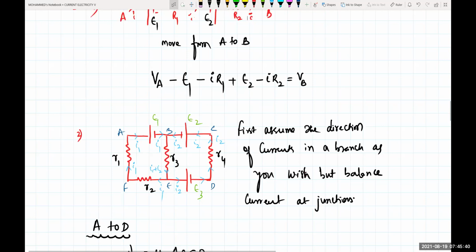When you're taking the direction, you can take the direction any way. After completely simplifying the problem, if the directions of all the currents come out positive, that indicates whatever direction we have assumed is correct. If by mistake I2 comes negative and I1 comes positive, it tells that you should change the direction of that current. While solving the problem, whatever direction you take, try to take it. After completely solving, if you get the answers positive, that means our assumed directions are correct. Otherwise, we need to reverse the direction of the current if the answer comes negative. Is that clear?